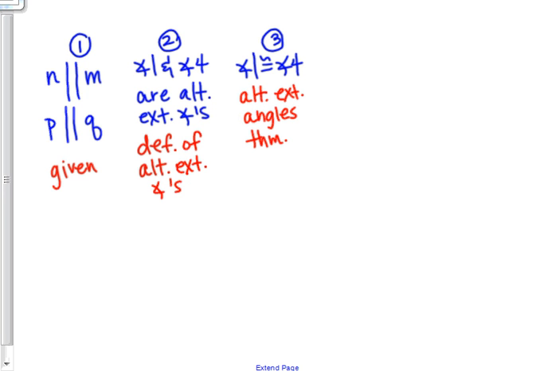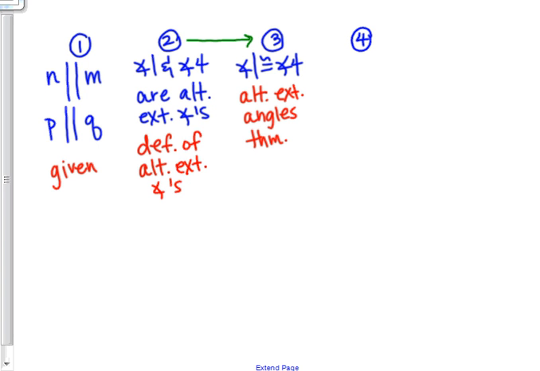Sometimes I write out the word angles, and sometimes I just make that little angle symbol with the apostrophe S, just to give you a heads up on what I'm doing. I can make an if-then statement between 2 and 3, so I'm going to draw a little arrow there. My step 4